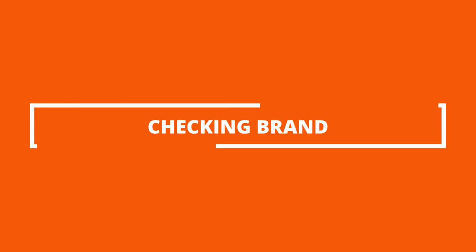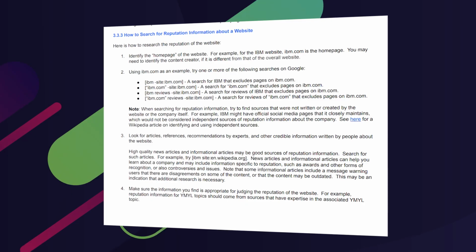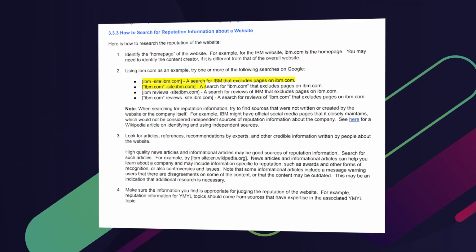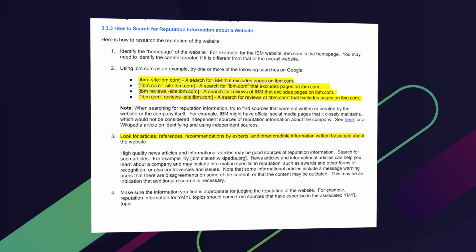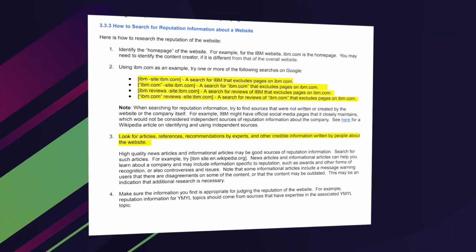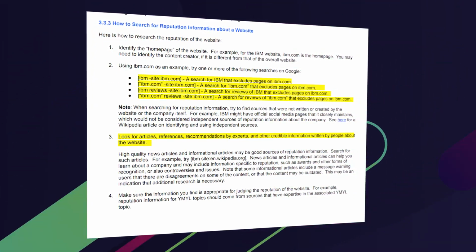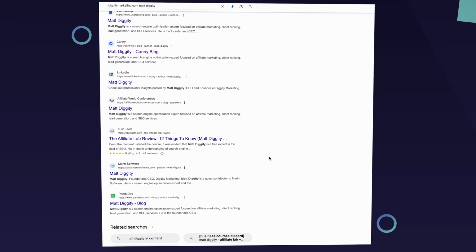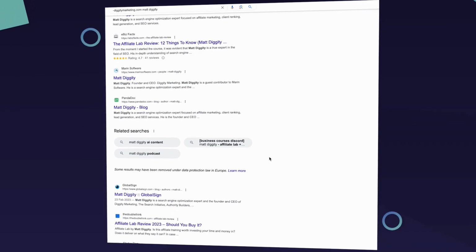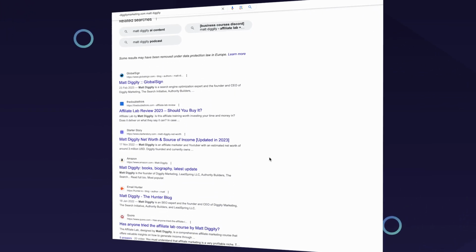One thing that you should be doing for your authors is looking at these search operators that are on the screen right now. These are from the Google Quality Raters guidelines, and Google Quality Raters actually use these when they're checking your authors. Again, if your authors haven't been mentioned anywhere else on the internet, you do have a major issue. As you can see, there's hundreds, if not thousands of websites mentioning both Matt and Brian on the internet. They haven't just been mentioned on their own websites.